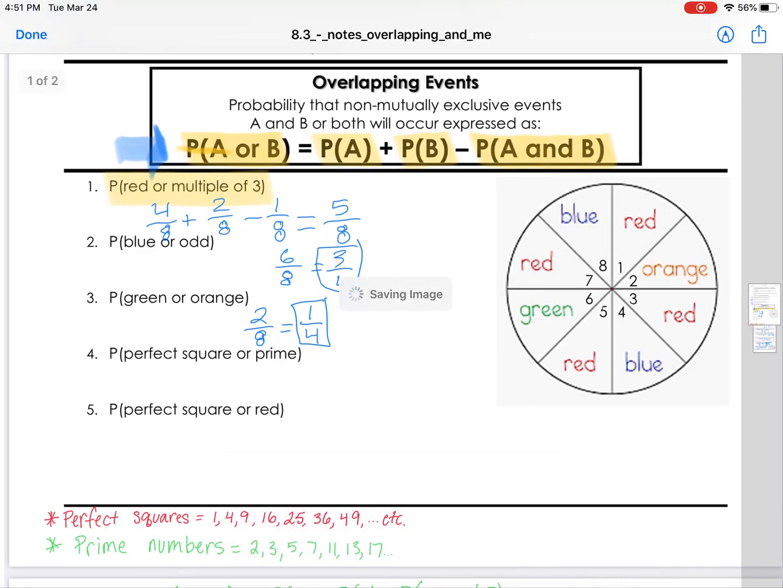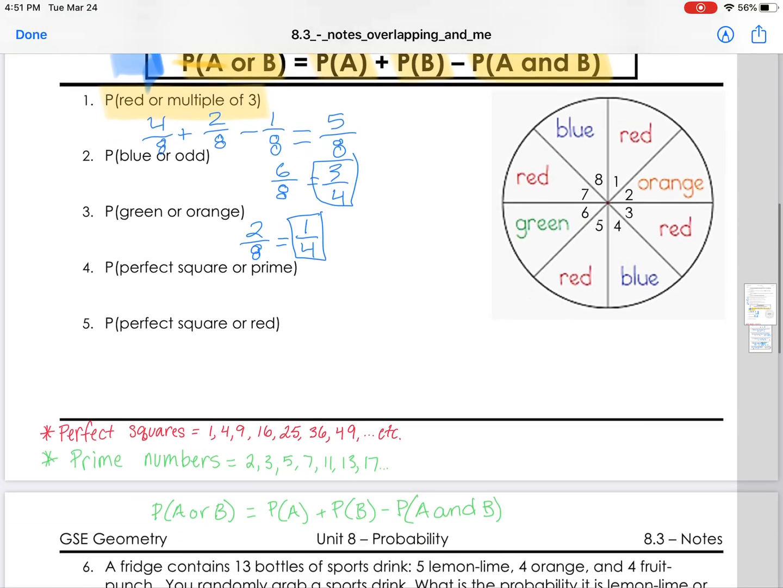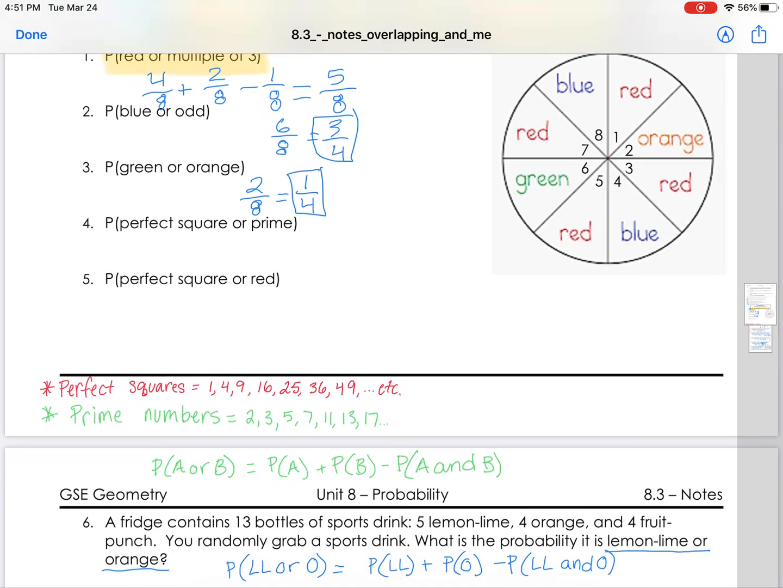Number 4 and number 5, I wrote the perfect squares and prime numbers down at the bottom. Okay, and you should be able to calculate the probability of each of those events occurring. Now, one thing I did not talk about in 1, 2, or 3 that we might want to talk about